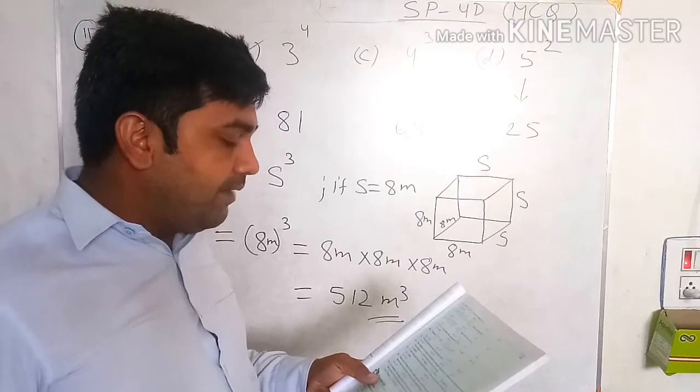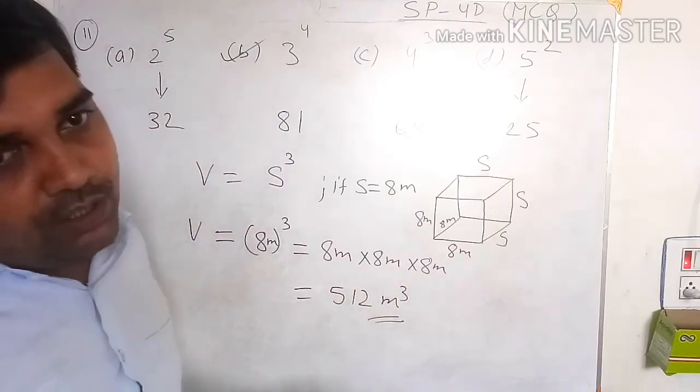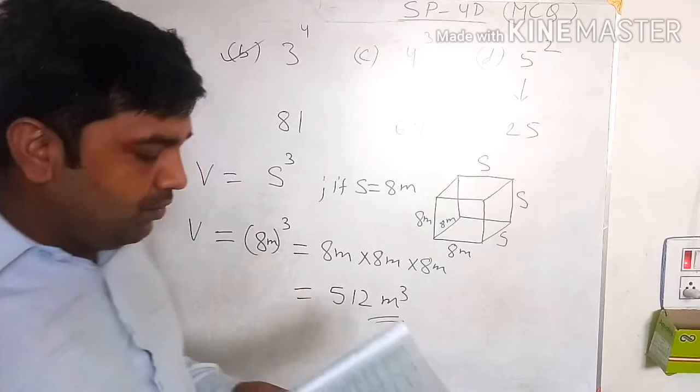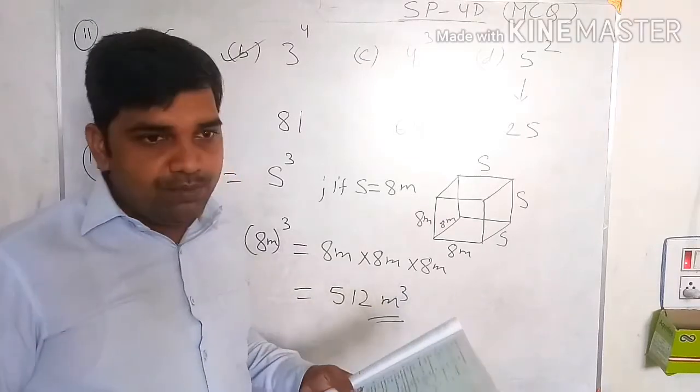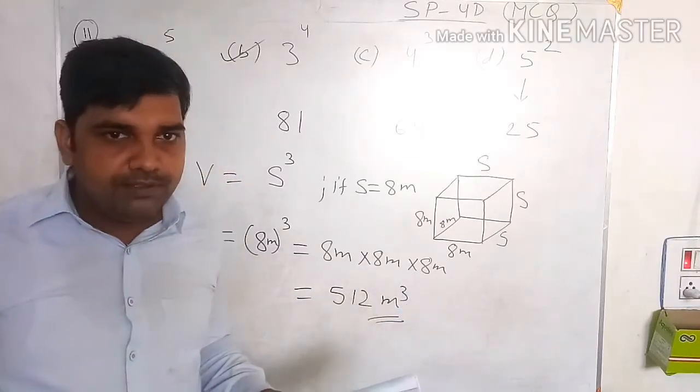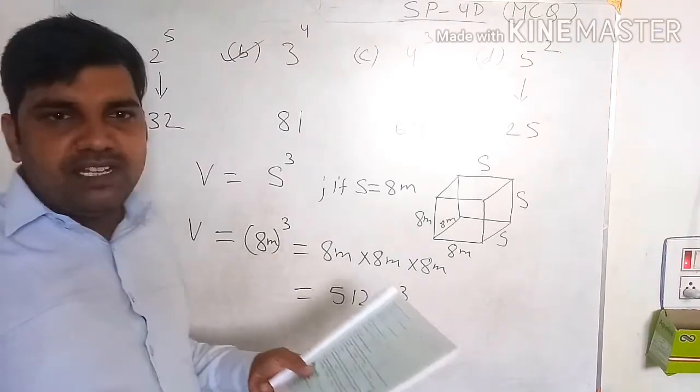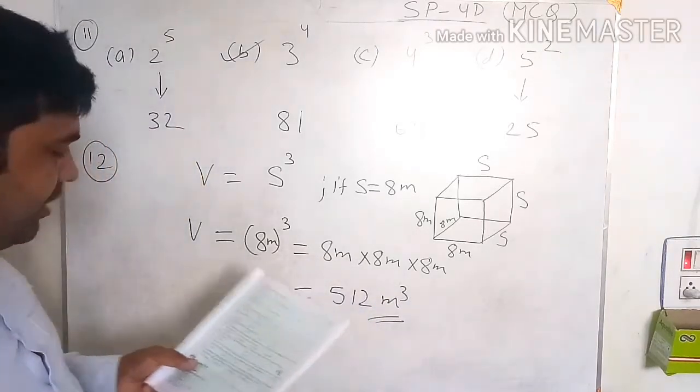Evaluate this figure. So what will be the value? Here you have to find the value of 2 into 5 to the power 3. You calculate it and you will get its value. 5 cubed is 125, and 125 multiplied by 2 gives you 250. So option B is the correct answer for question number 13, which you do at your home.